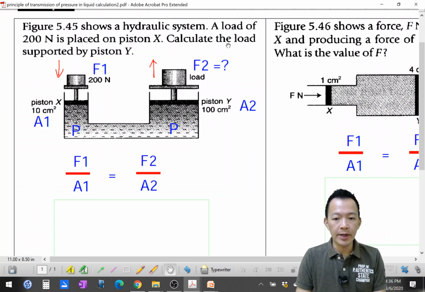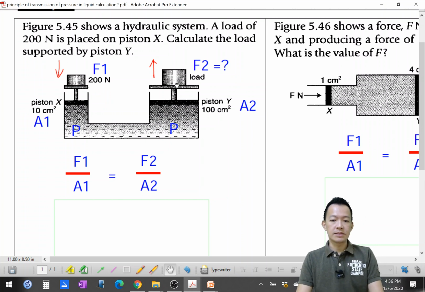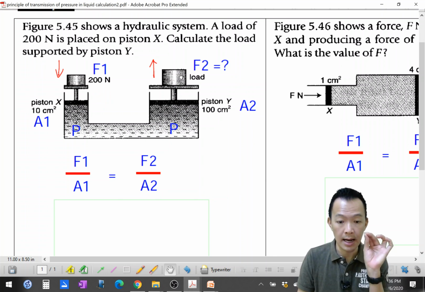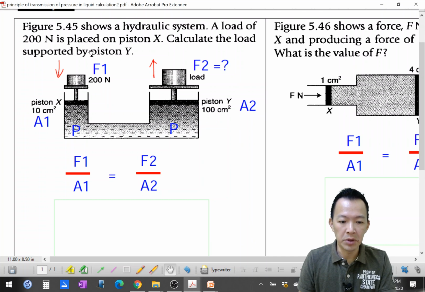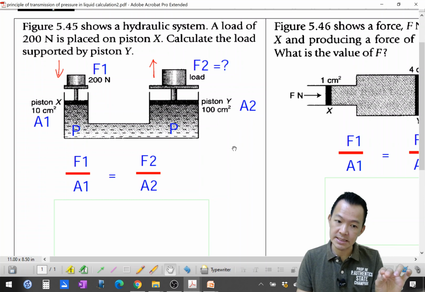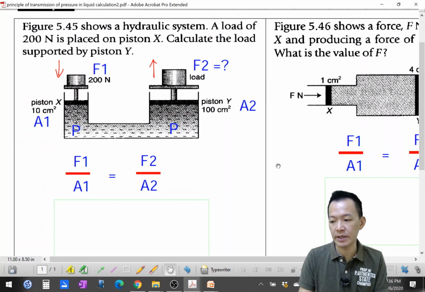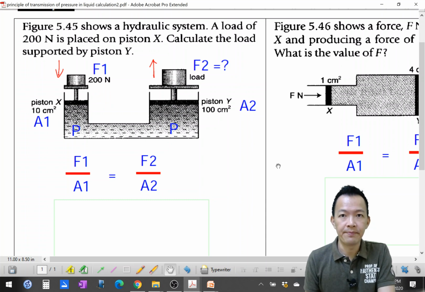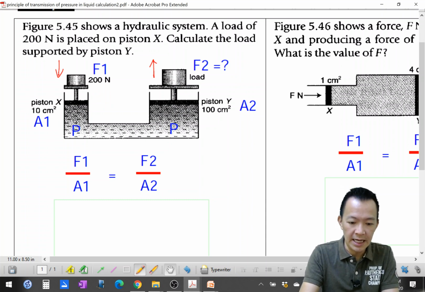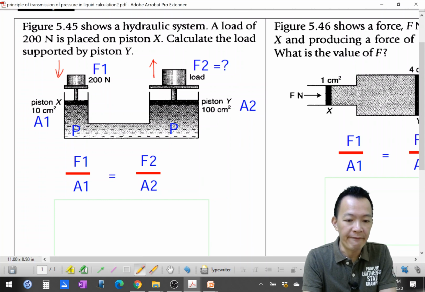So maybe I give you the arrow: 这边压下去，这边就被推上来. So now what they want is to calculate the load supported by the piston Y. So can you tell me what the weight of the load here is? 这个重量到底是多少呢？I'm not using the mathematical formula like F1 A1 F2 A2, you understand first. 你明白先。All the symbols, 这些标志，it's scary, 对不对？Using the Pascal principle, hydraulic principle, 我们来了解一下。